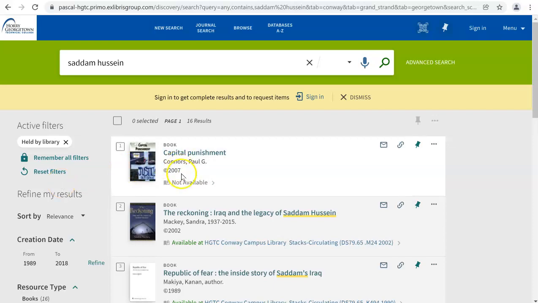Examples of this include this first item, which says Not Available, which means it's currently checked out, whereas these other items, which list a campus location and a call number, are items that are available for checkout through our library. If an item is housed at a campus where you do not take your courses, you can simply stop by the library or give us a call, and we'll have it transferred to the library of your choosing.